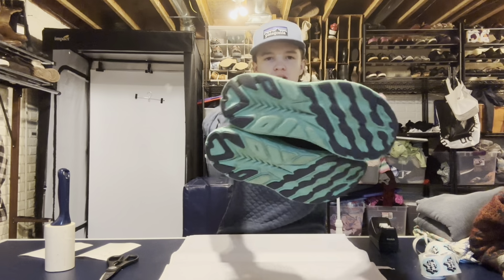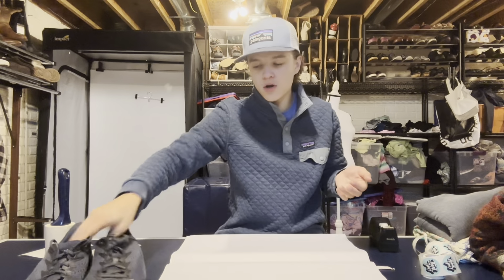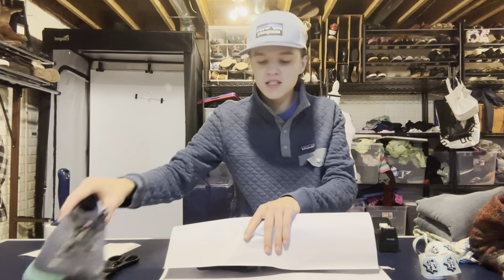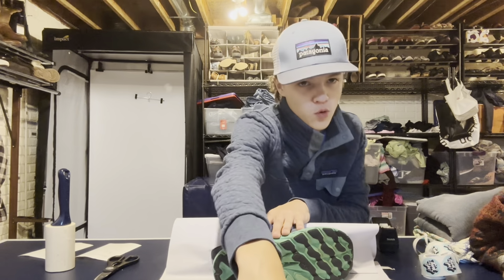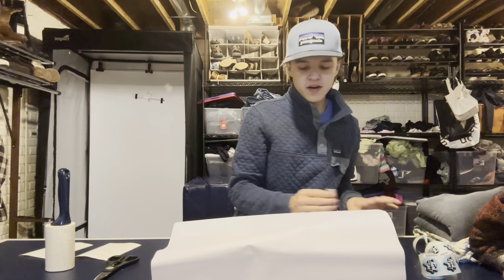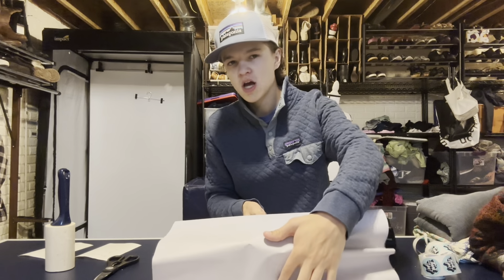I do really like the colorway on these. I think it's really nice. The tread's pretty good. I have been passing on Hoka, but I listed them at $50 because comps on the style were really good. I don't think there was any in my size, but I knew the wear would deter some buyers. These had so many likes. I probably had them listed for a month and they got like 35 likes,